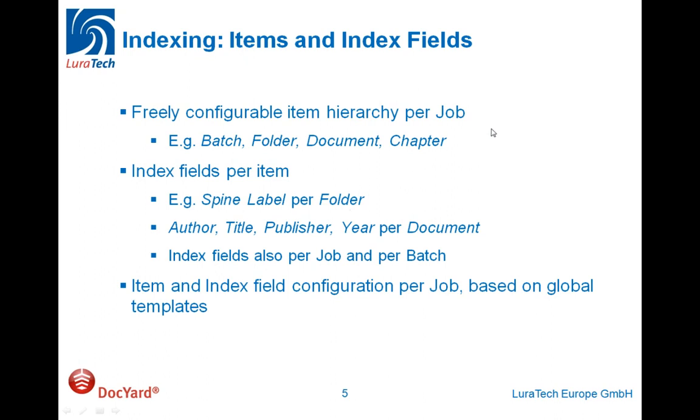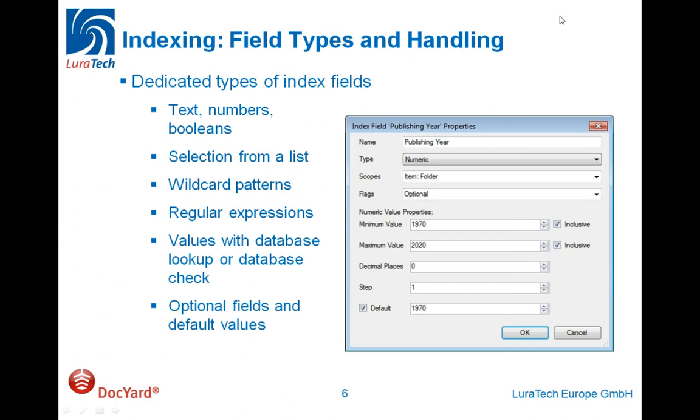And you can configure this per job, based on what kind of index fields can be configured and how to handle it. We know different types of index fields, for example, text fields, numeric fields, Boolean fields, or whatever. You can select it from a list. We know wildcard patterns, regular expressions, and the values in the fields can combine with values in databases for lookup